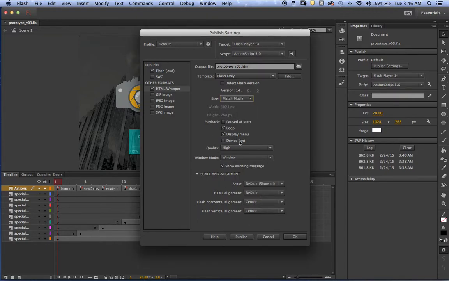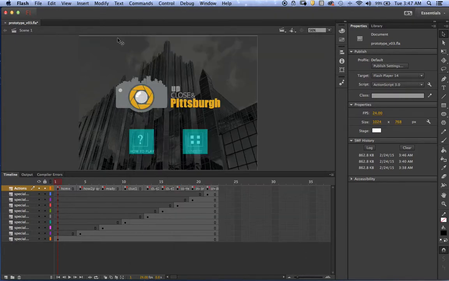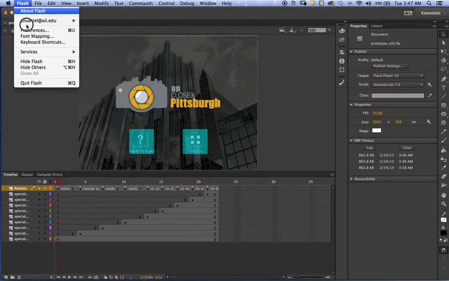Everything that's happening in here is because it's generating the HTML and it's generating all the specifications for your image tag. So this issue of the size and the characteristics of the movie and the image quality, that's what all these things are here for. And for the purposes of the prototyping, you are fine with just using the default settings. I'm going to click Publish, and I'm done. It's really that fast. If I say OK, it's going to save all my settings. And it saved my file